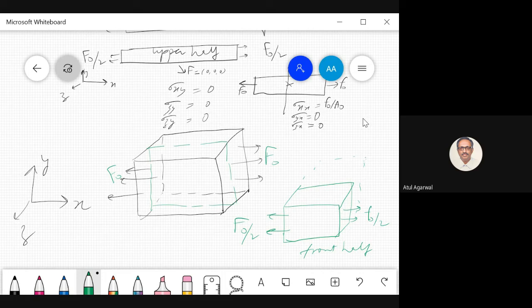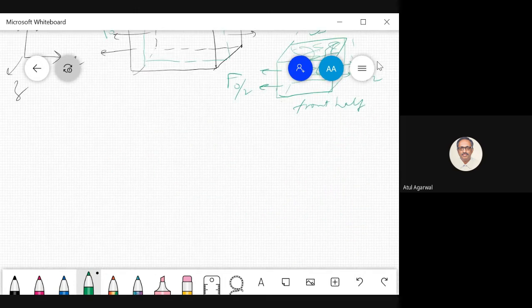It is already in equilibrium. So there are no forces acting on this face. No internal forces on this face. So what is the stress on this face? Normal is in the z direction. So sigma xz, all three are 0. So what we did in this case was, we took a case of a uniaxial load. This is called a uniaxial load.